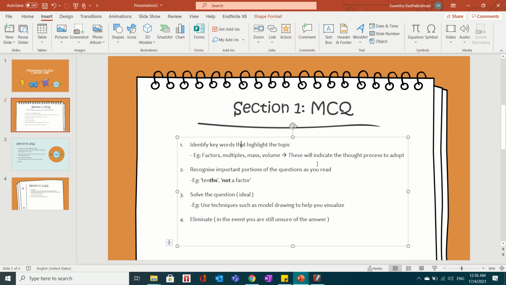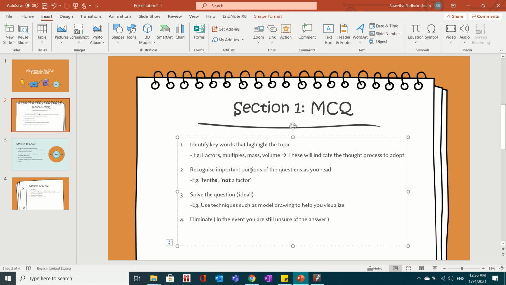So people tend to neglect a lot of the important portions in the question. So simple things like not a factor, people may assume the question is asking for a factor, but is asking for the answer that is not a factor. So all of these are important portions of the questions that you should specifically take note of,